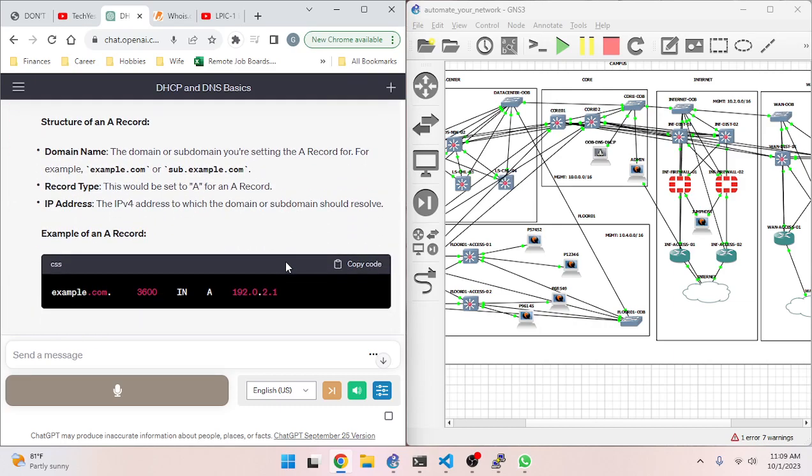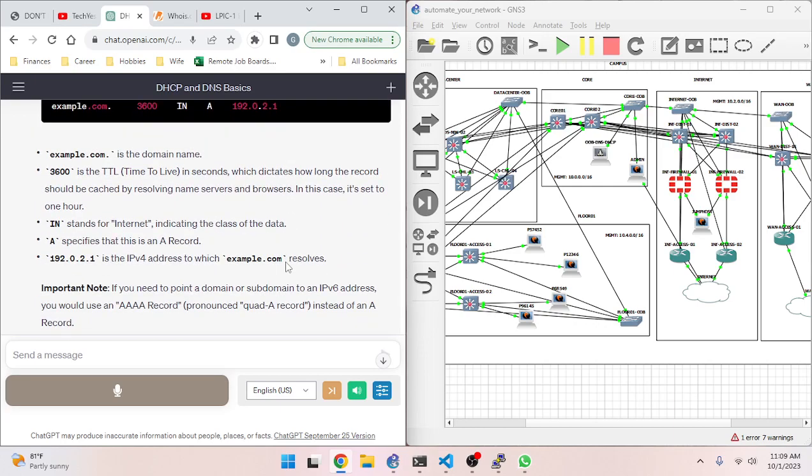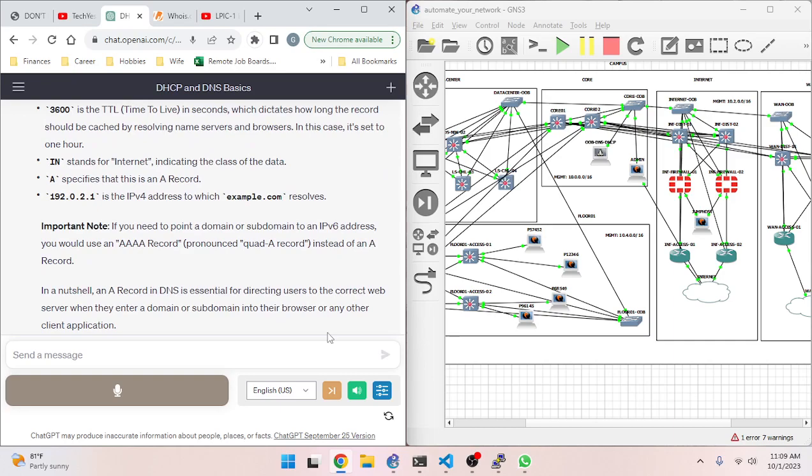Structure of an A record. Domain name: the domain or subdomain you're setting the A record for, for example example.com or sub.example.com. Record type: this would be set